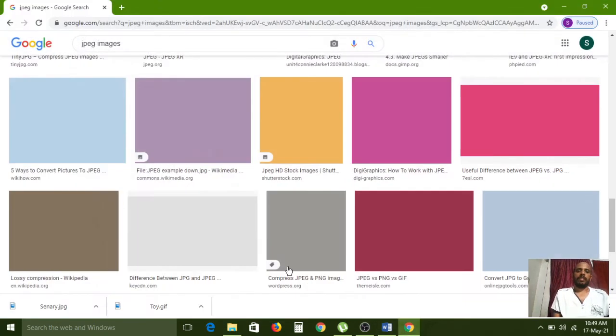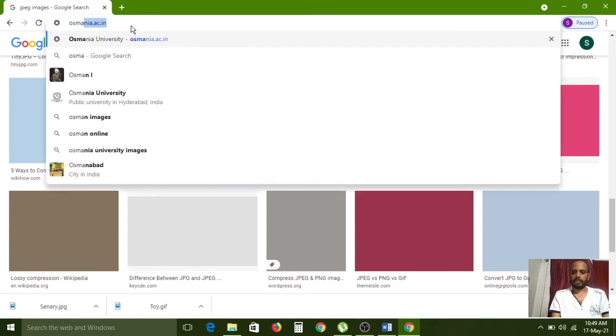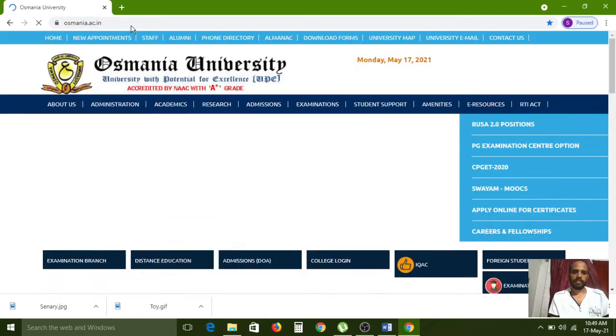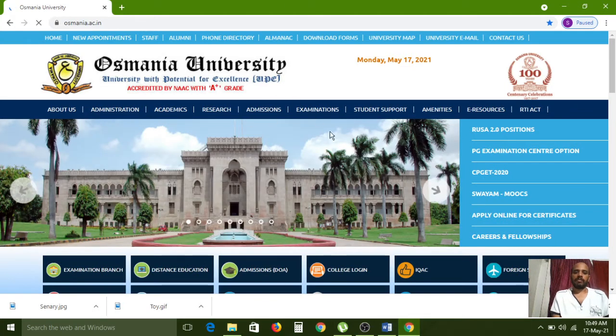For example, if you want to open the Osmania University website, all of you carefully observe. Here are some images now. Why is it displaying? The image is talking. This is the Osmania University complete building. It is showing now.